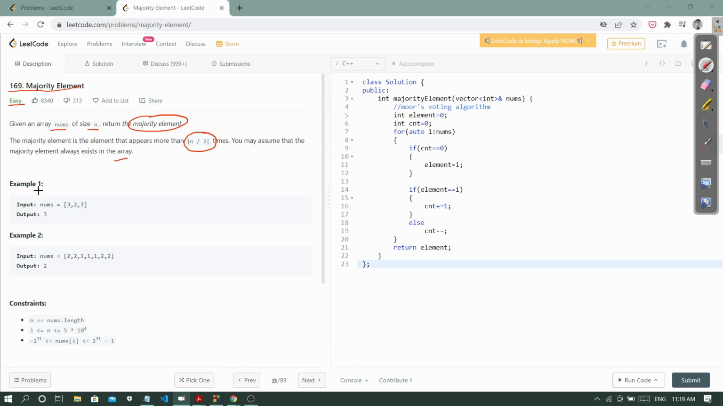Okay, so if I consider this example, in this example we see that 3 appears 2 times and 2 appears 1 time. So the majority element appears greater than n by 2, here n is 3, so 3 by 2 is 1. So the majority element occurs 2 times, so we have to return 3. If I consider this case, the majority element is 2, so we have to return 2 in the output. Okay, so the basic approach that came to our mind after seeing this problem is